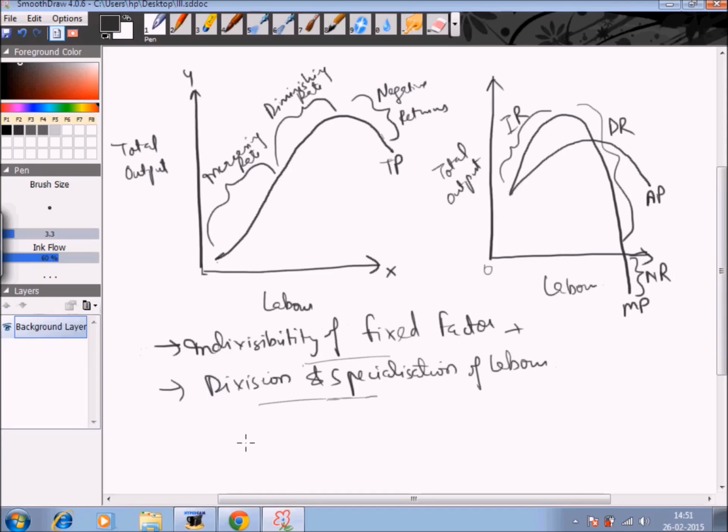So for a business organization, if they have to take a decision as a business person, I should stop employing more labor as soon as my productivity starts decreasing. Instead, I should invest in other resources before hiring labor. That is, I should invest in the fixed factor, increase the fixed factor, and only then go for hiring more labor in order to increase the productivity. So this was all about the short run laws of production.